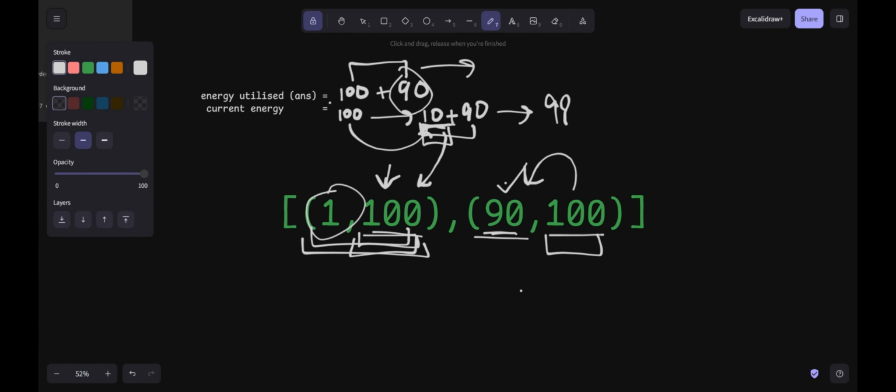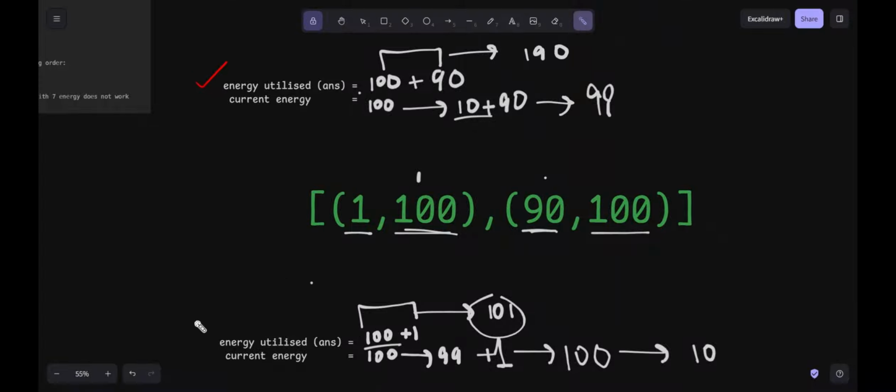With those 10 units of energy, I couldn't have done task 0, so I added 90 more units of energy from my side, and therefore the total amount of energy that I utilized was 190. So my answer in this case would be 190. After checking both the scenarios, I can see that the minimum of both these values was actually 101. So 101 would be the answer of this particular task array.